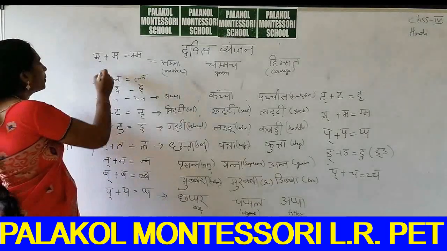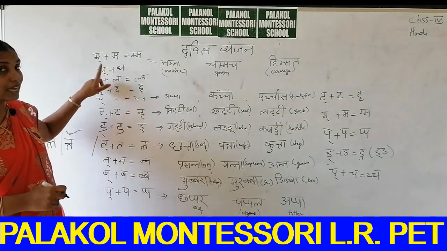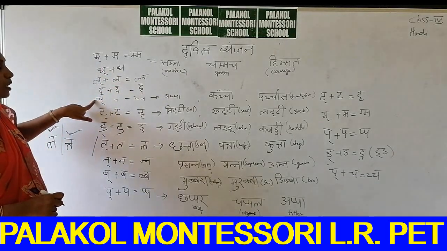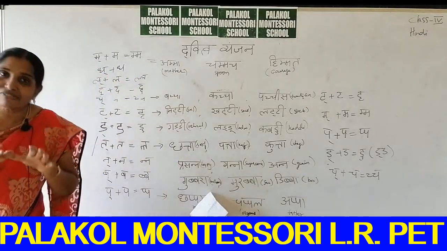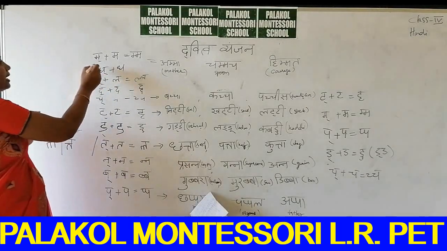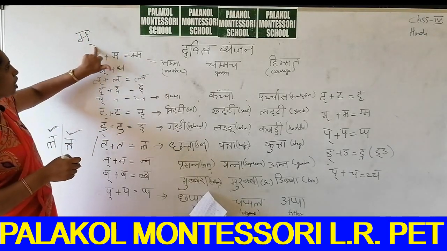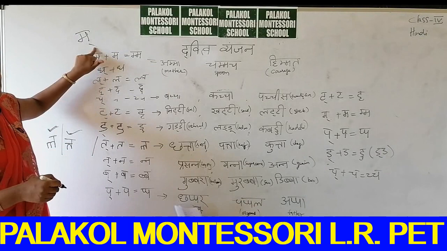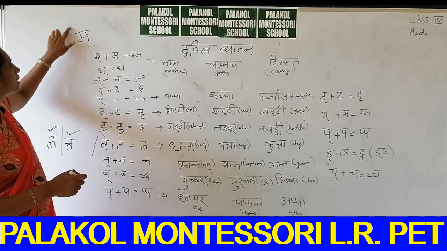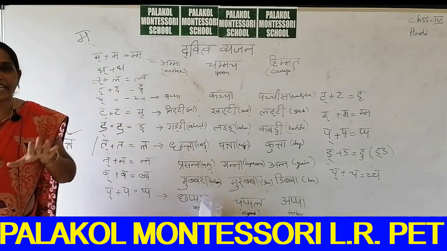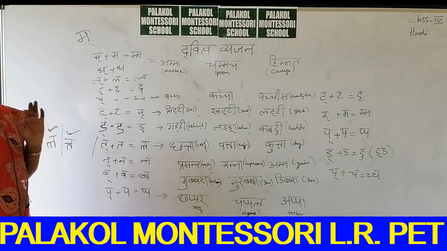Dha plus dha is equal to, this is halant. The first letter you keep as halant only. Halant means that when a letter is a halant, it is a half letter only. This lightly down slant mark is called a halant. Whenever any consonant carries a halant, it indicates a half Vyanjan letter.